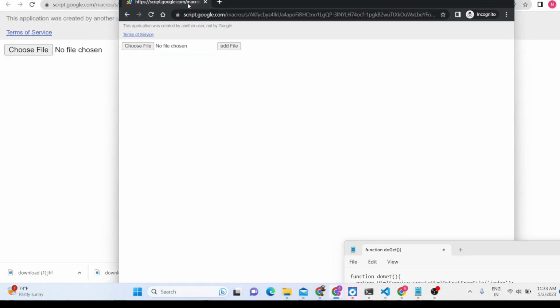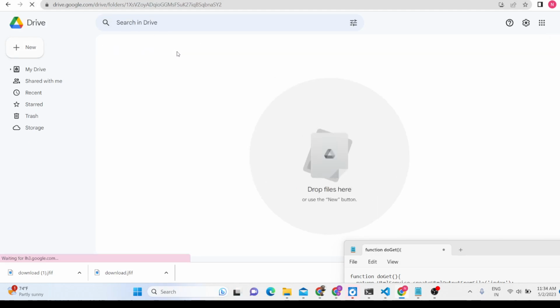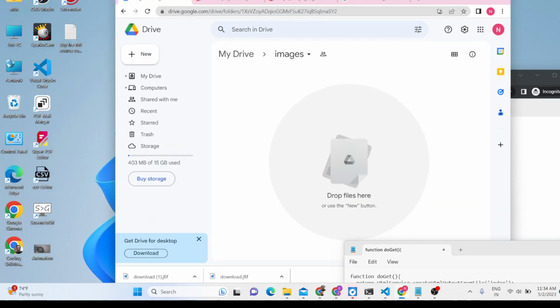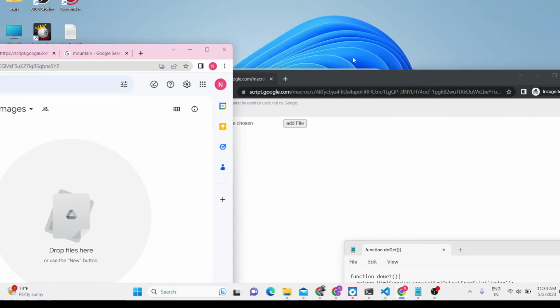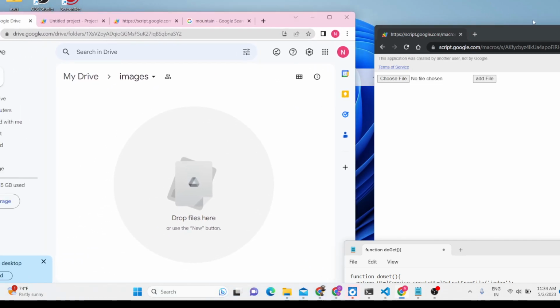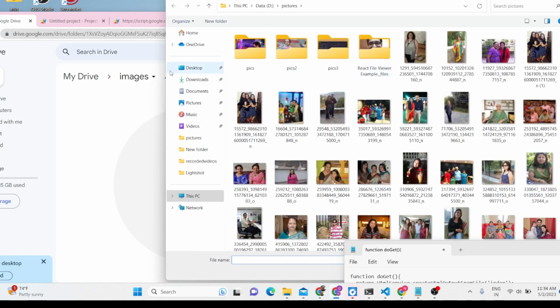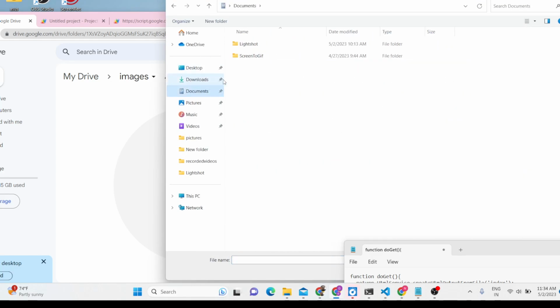to your folder. So this is my Google Drive, and this is the images folder. It is currently empty. No file is present right here. Let me just show you in real time. As I now select a PNG or JPG file, any sort of file you can upload. Let's suppose I upload a